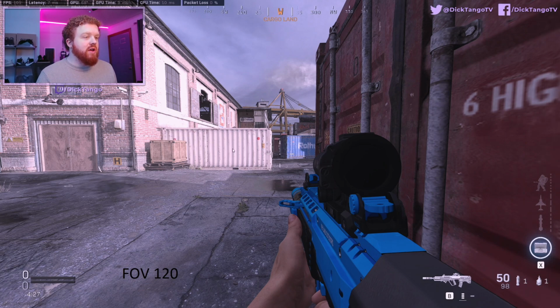As you can see here, on 120 FOV, you get all the way out here past this warning sticker, the doors, the little H corner of the building, and then the wall to the crate on the left side. And then on the right, you get the text here, 6 HIG, and just after the G it cuts off, there's this pole here, and then a little bit of space where the doors meet there. And if you look at the top, it goes well above the crane here, all the way into the sky, about right here to where the gutter meets the rooftop,